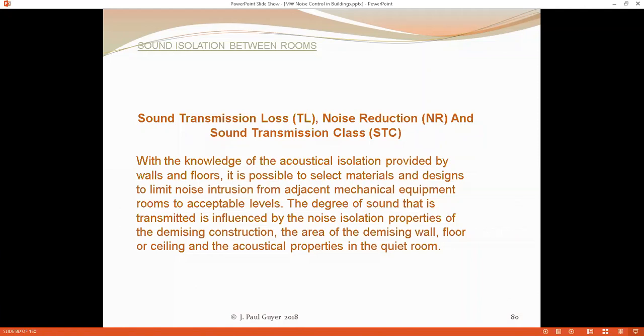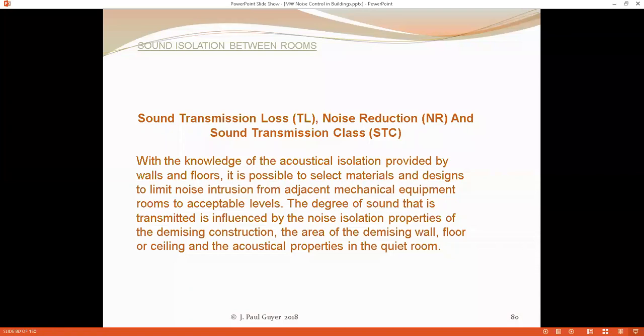If you put the acoustic bats in there, these very fine, light fibers absorb some of that acoustic energy. And so acoustic bats, or other types of fill material in the airspace in the stud wall, are a way to improve the